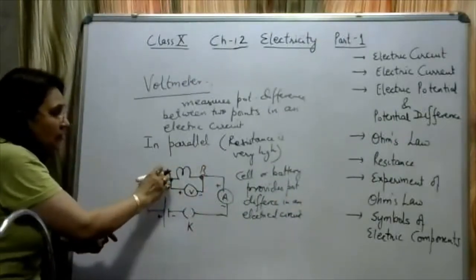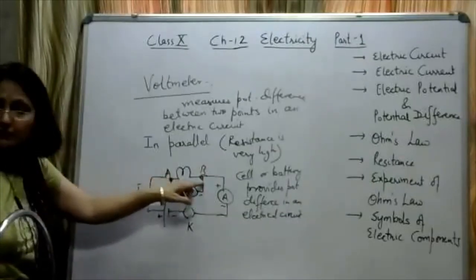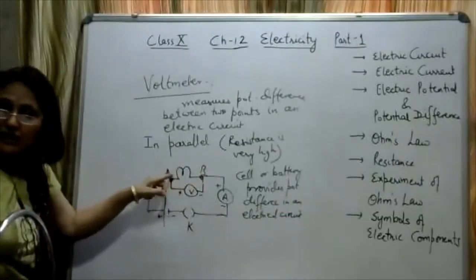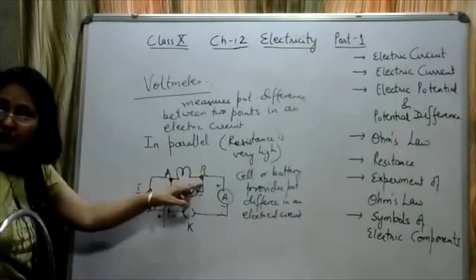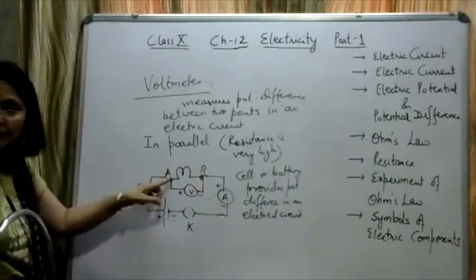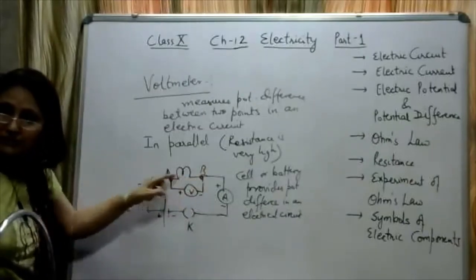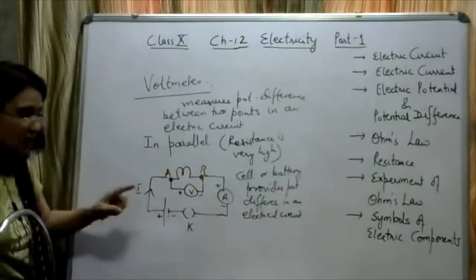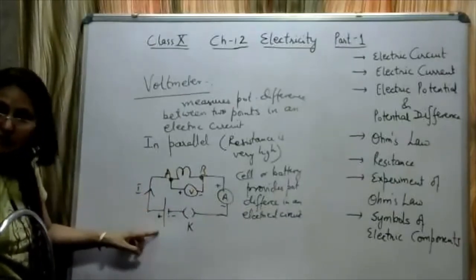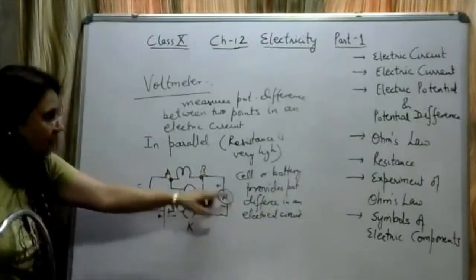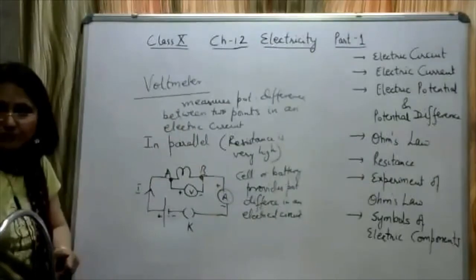B. Okay, if the cell or battery is not connected, both the points will be at the same potential and the current will not flow. Current will only flow whenever there is a potential difference. This point is at a higher potential, B point is at a lower potential. So there is a potential difference. So that is why the current flows. So which instrument is providing the potential difference? Cell or the battery is providing the potential difference, but the potential difference is measured by voltmeter.